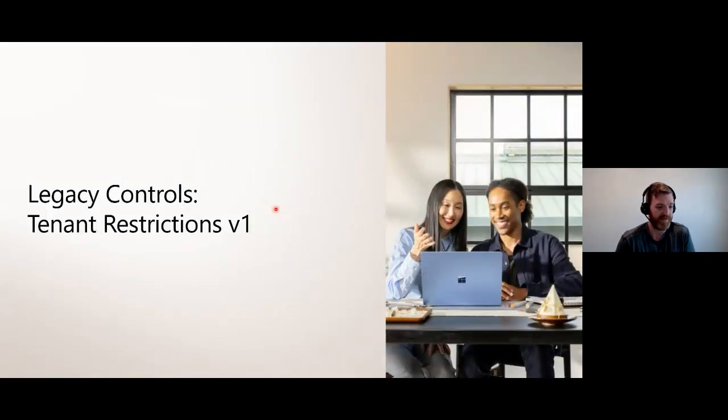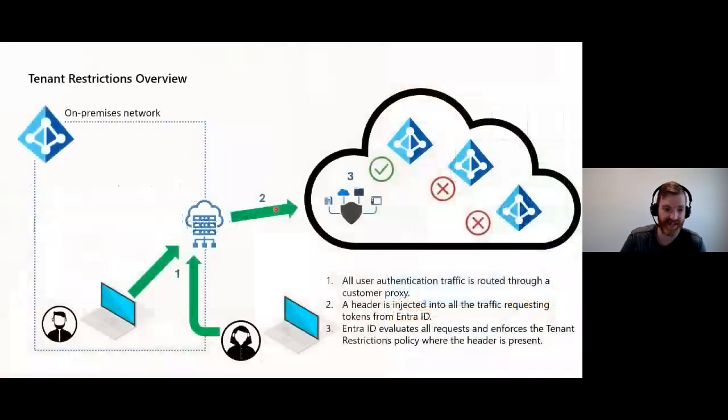So the very first control that was released was tenant restrictions, and I'm now appending it with tenant restrictions v1 because, as you've probably guessed by now, later on there was a v2 released. So let's dive in. Tenant restrictions v1, this is what it looked like, and what it still looks like